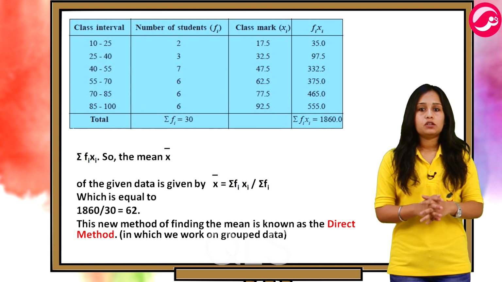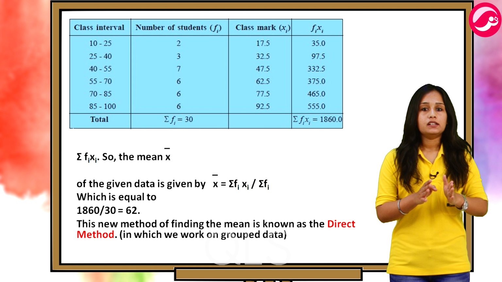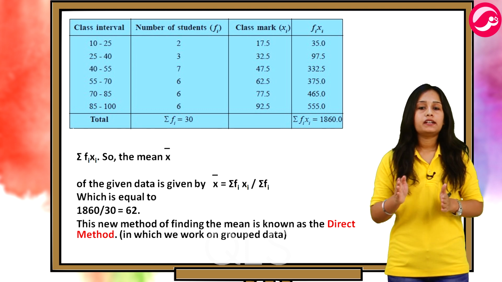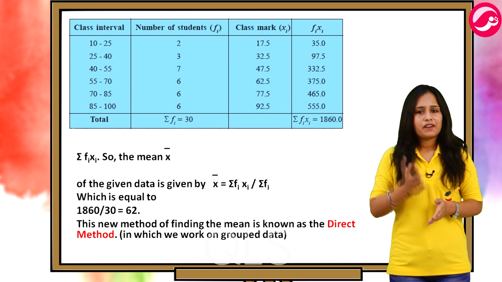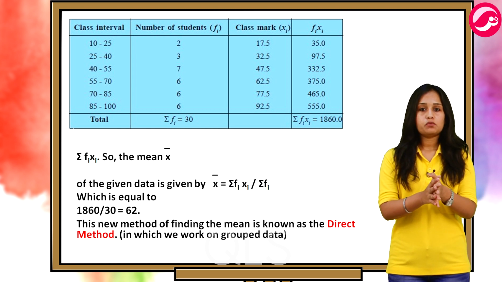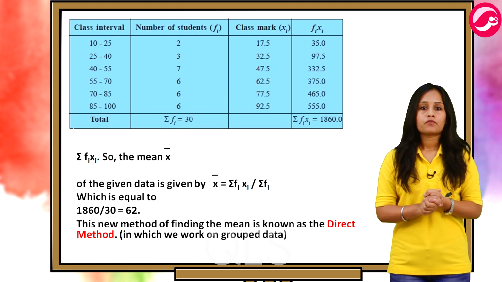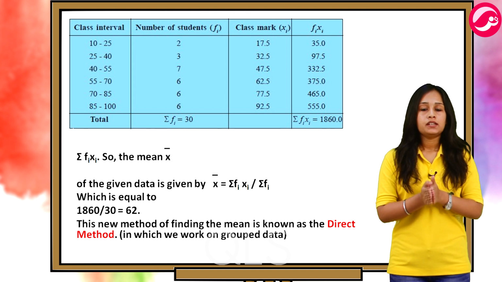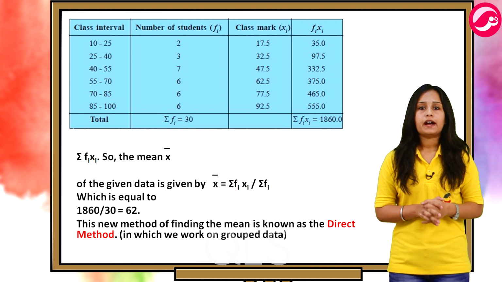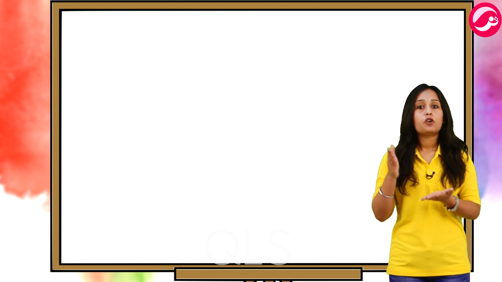So, the sum of the values in the last column gives us sigma fi xi. So, the mean, that is x bar of the given data, is given by x bar equal to sigma fi xi divided by sigma fi, which is equal to 1860 divided by 30, that is 62. Now, this new method of finding the mean is known as the direct method, in which we work on grouped data. We observe that although both the tables are using the same data and employing the same formula for the